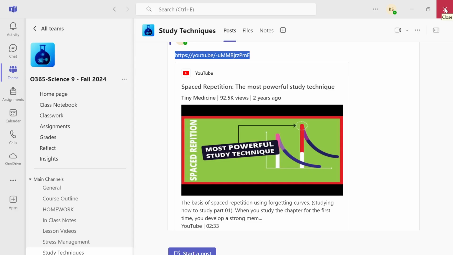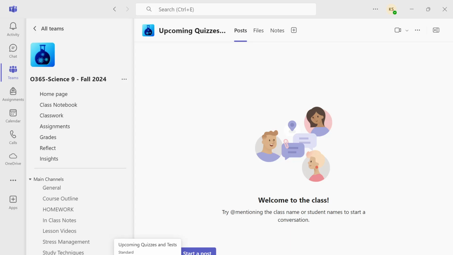How many of you are probably going to cram the night before? I know there's a lot of you. But what I'm hoping is that some of you, at least, will start to try these techniques out, see if they work for you, see if you start getting some success with them. Okay? All right, so those are our study techniques, and then at the bottom there's an upcoming quizzes and tests, which will tell you if you have an upcoming quiz or test, which lo and behold, you do not, because we haven't done anything. Are you sensing a trend? We have done nothing. All right.